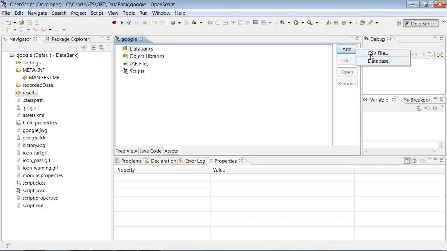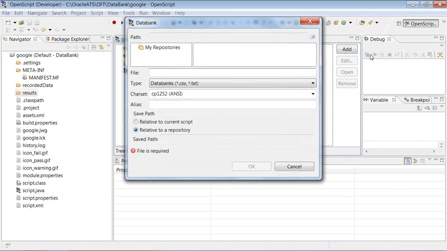So currently we had created one CSV file, so I'm taking the CSV file, and I just have to say what the file name is. It was data, and relative to a saved repository, the file is not in any repository. So we need to know the saved path of that.